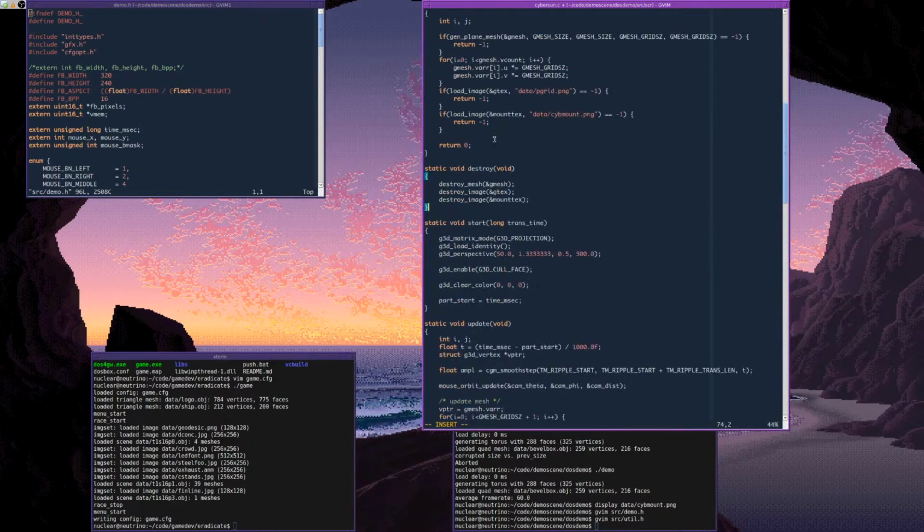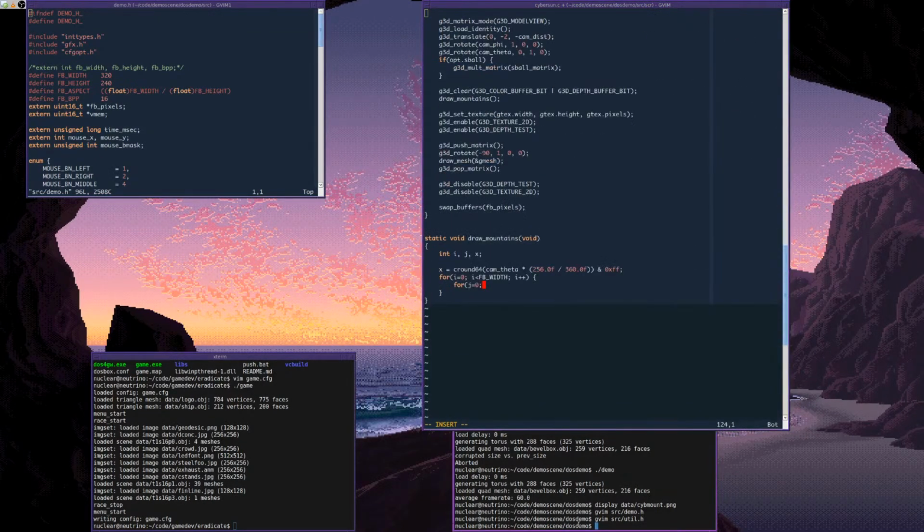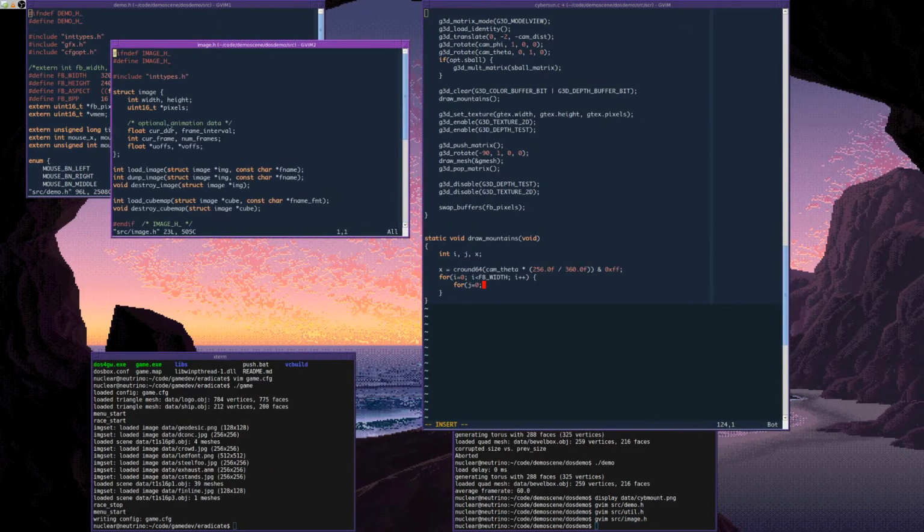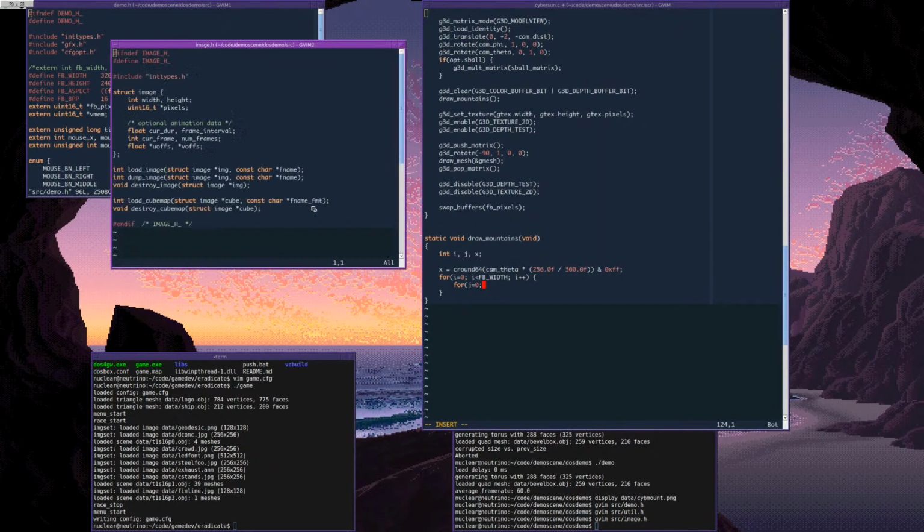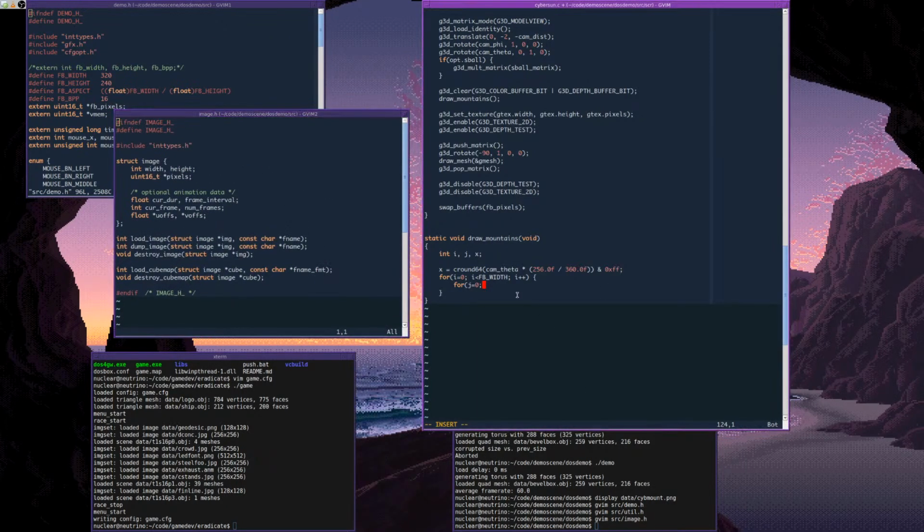Oh yeah, it's a struct image, so I need to look that up. I can't remember. src image.h. Okay, so I have a width and a height here. All right. So basically, j less than mountain text dot height, j plus plus,